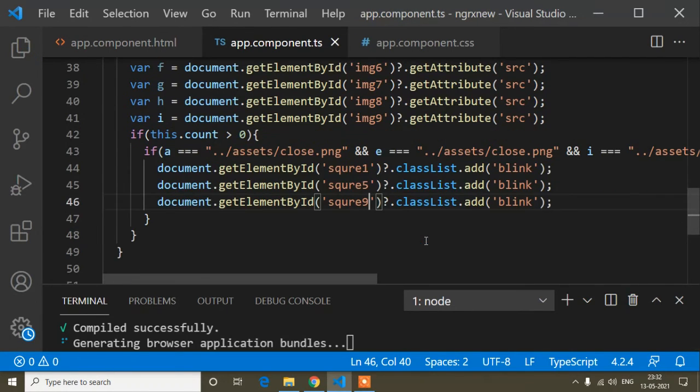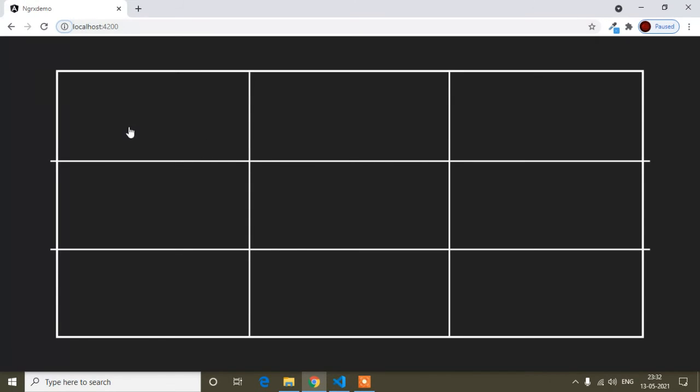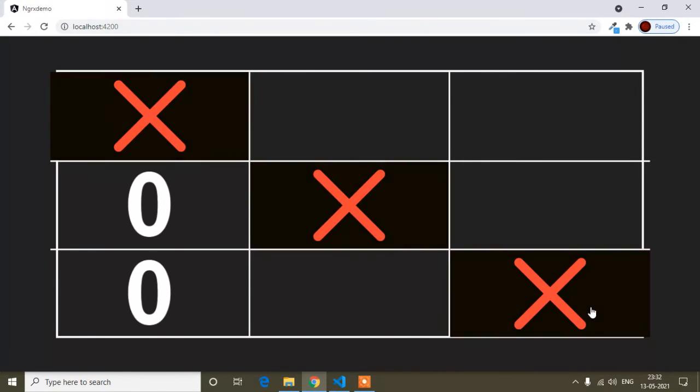So now if I save and check it once, I will go to the browser, and suppose cross, 0, I have to match like this angle, so cross and 0 and cross. So you can see when it's matched like this angle, it's added blink.